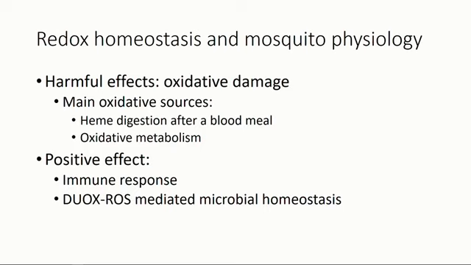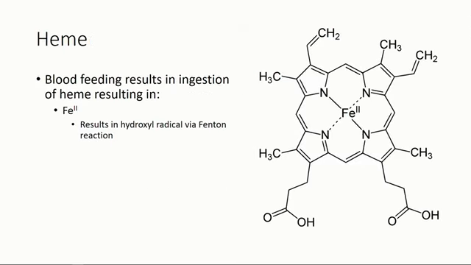Also, oxidative stress can be beneficial for mosquitoes. For immune responses, mosquitoes can mount a defense using the IMD or Toll-like pathways and NADPH-dependent dual oxidases to produce oxidative stress within the midgut, which will then clear bacteria. When heme is ingested by mosquitoes, it is digested into two components: the first being the biliverdin derivatives, and the second being the iron species.